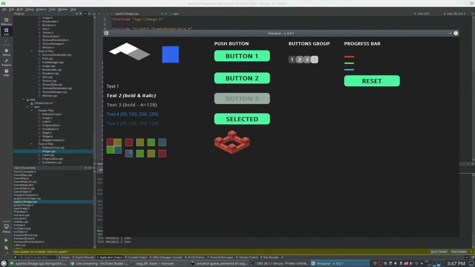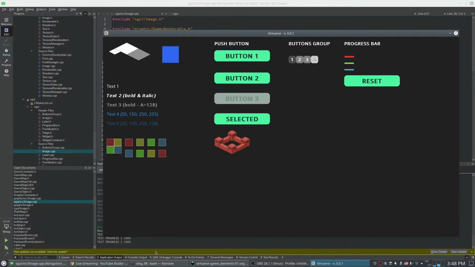Instead now, all these elements are coming from this code here. This is one image here, and that's used for rendering different elements. So at the moment, my game is entirely based